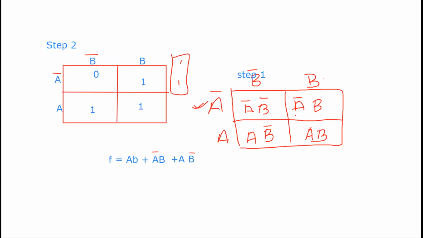you will make a group. You can make a group vertically or horizontally. Clear? Do not make a group diagonally. Clear? We do not combine like this. Only make a group like this, vertically or horizontally. Clear? So the step 3, to draw another table.